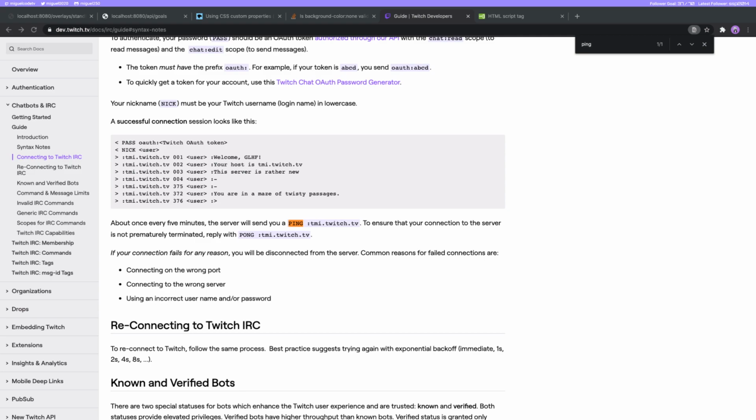Then we ping them back. We want to make sure that when we ping them back, we send back the domain. We have to make sure that we send that domain back to them, because if we don't send it back to them,